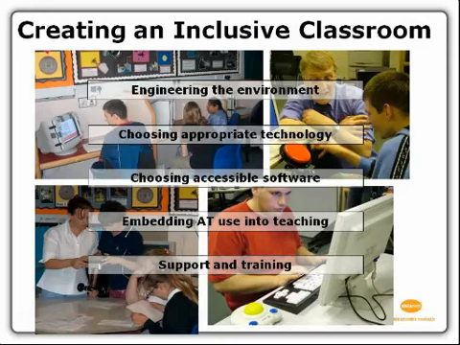I often see computers squashed onto tiny little trolleys, and of course there's no room to do anything on there. When we look at engineering the environment, that includes using things like symbols, using single message communicators in the things that we do, thinking about how we embed that technology